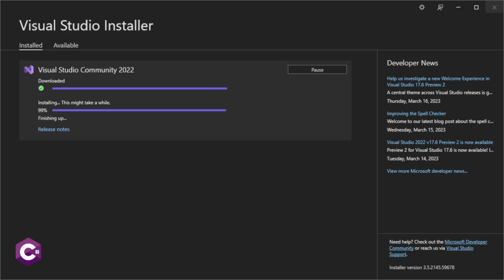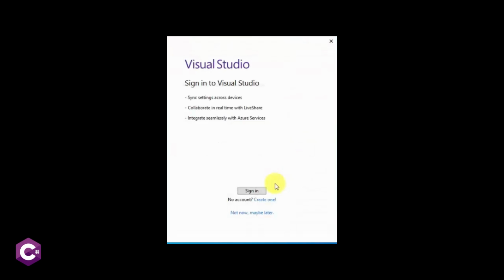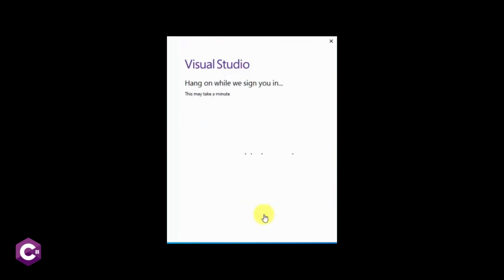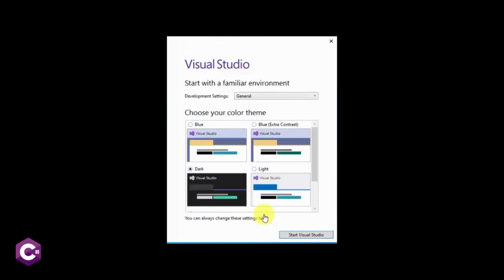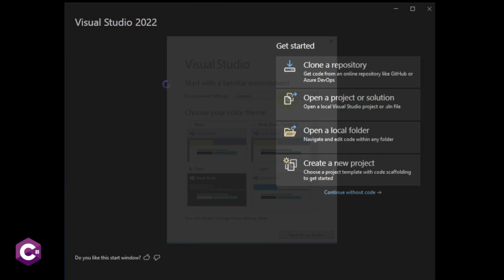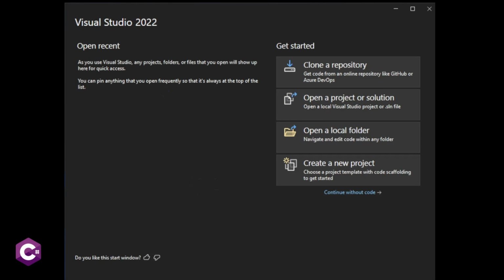Once the installation is complete, Visual Studio setup will launch and prompt us to sign in, which we can choose to skip for now. We will then select General from the first drop-down menu and choose our preferred theme before clicking on Start Visual Studio. To begin using the software,